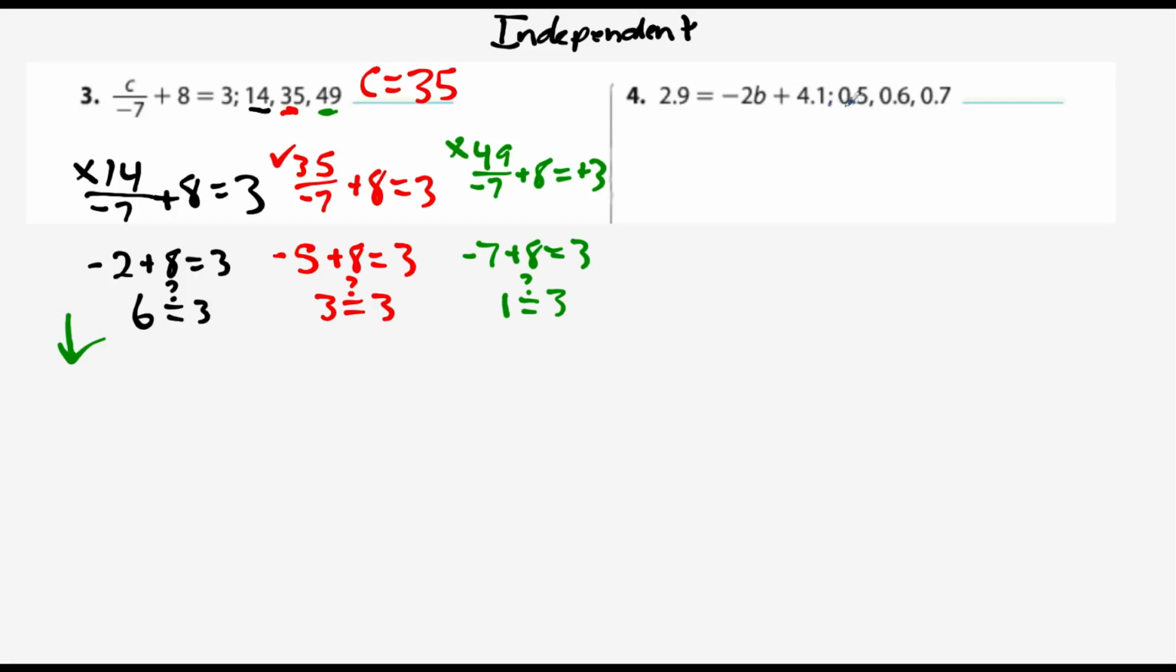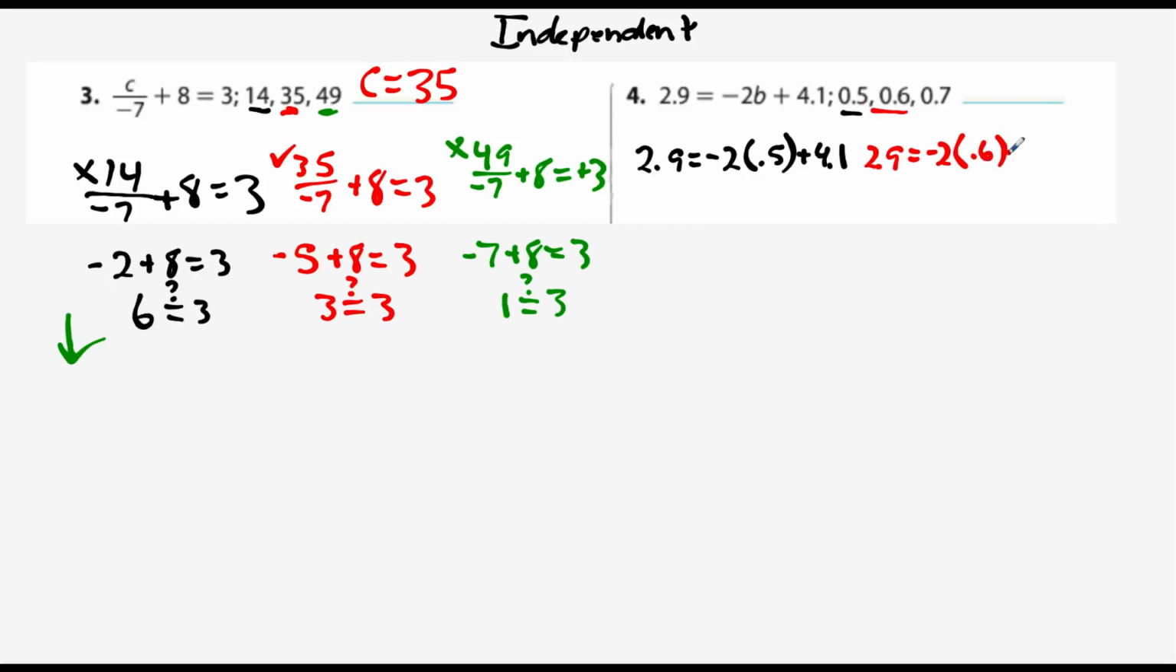So we're going to copy it down. Once using b as 0.5, we have 2.9 equals -2 times 0.5 plus 4.1. Okay. Now second variable. So 2.9 equals negative 2 times